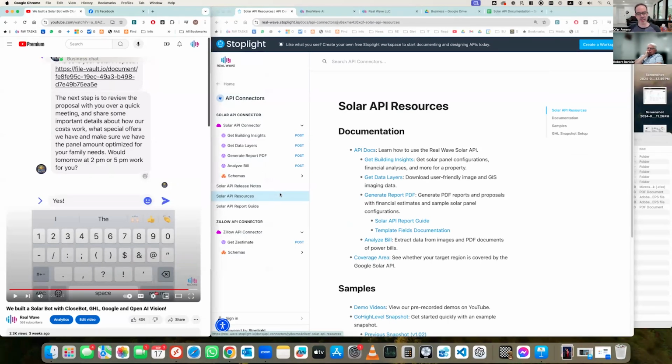So let's go ahead and see, what does it take to build something like that? We have arranged all of the documentation, links, video links, and guides into one page. It's called the Solar API Resources page, which will be available for everybody in the group. And of course, I'll share it again. And it contains